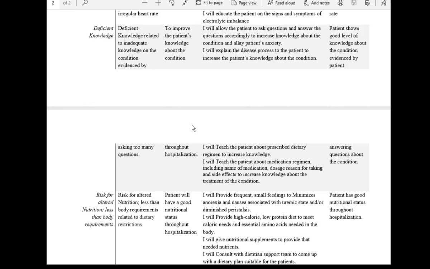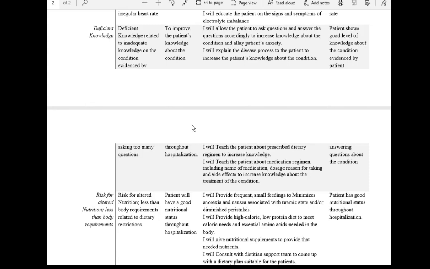So we have to educate the patient about these dietary modifications. Then our last point is I will teach the patient about